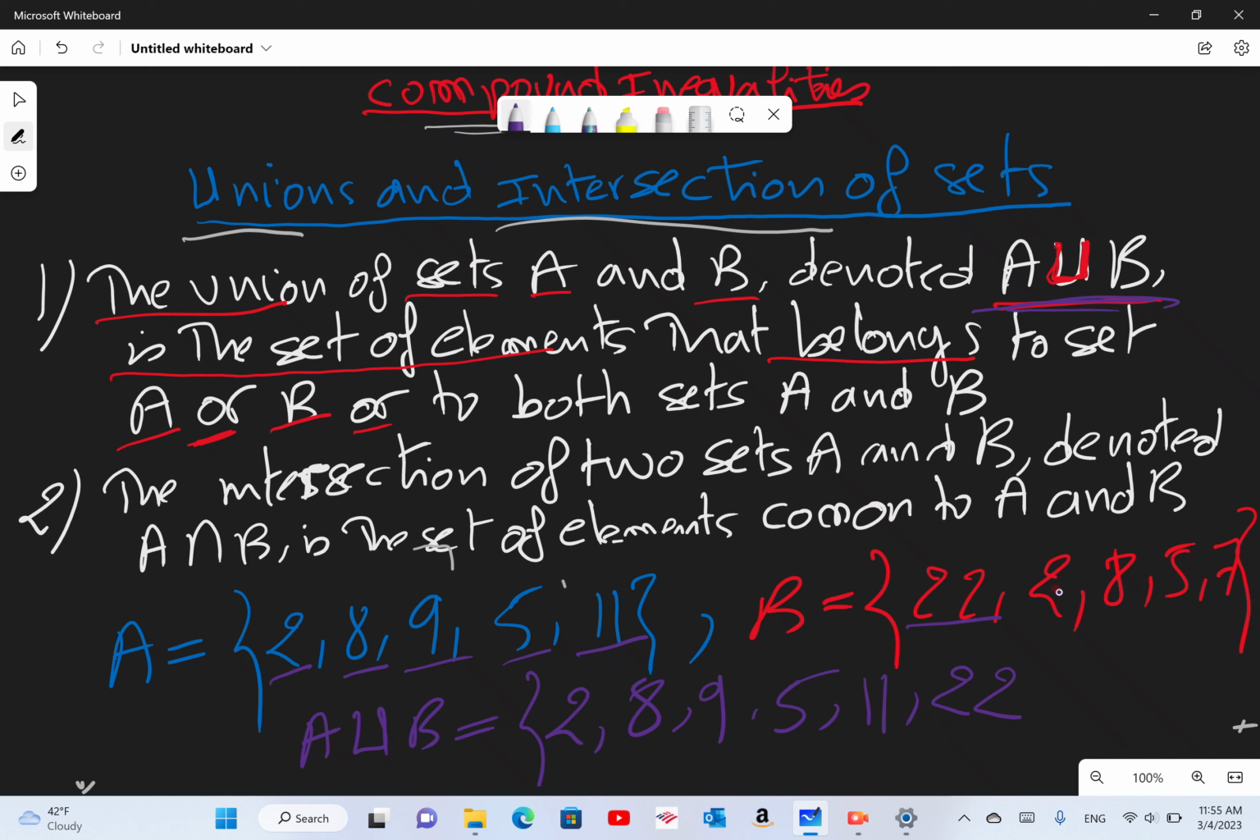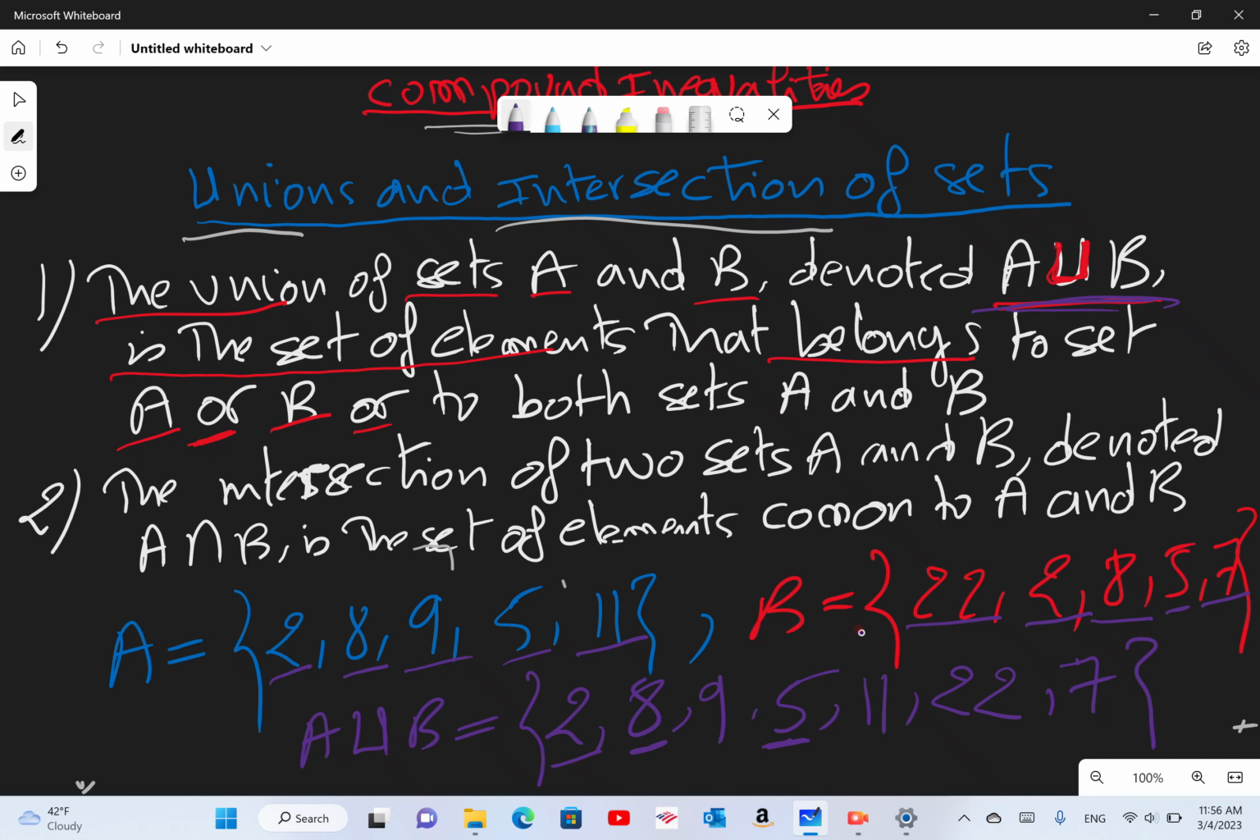Since we already have 2, we do not repeat that 2 because we already have it. So 2 is in A union B. 8 also is, we already have 8, so we do not repeat that number. And then 5 is also in A union B, so we do not repeat that because it's already here. 8 and 2 and 8 and 5 are already there, so we do not repeat the numbers. And 7 is an element of B, then it must be an element of A union B, so we'll write 7. So as you can see here, A union B is all the elements of A and